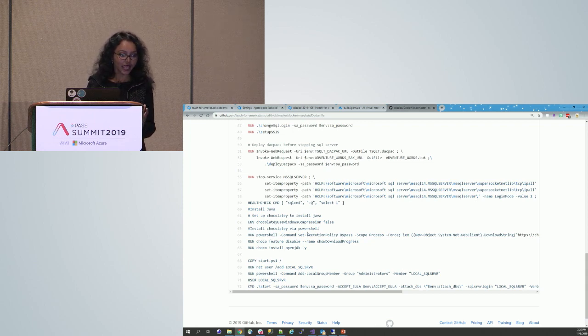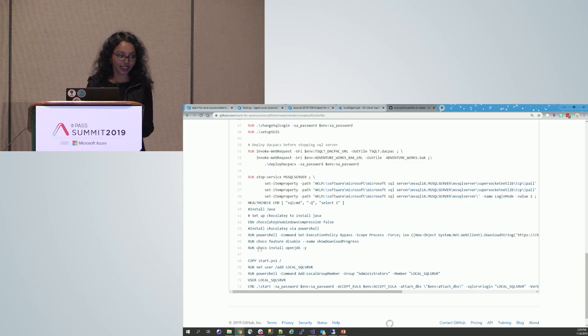And then we also have the Windows package manager, Chocolatey. If you are familiar with Linux systems, you have YUM and APT as the package managers. For Windows, it's Chocolatey. It makes things pretty easy to install. So if you see here, choco install OpenJDK, this one line downloads OpenJDK, installs it, and sets the environment variable without you